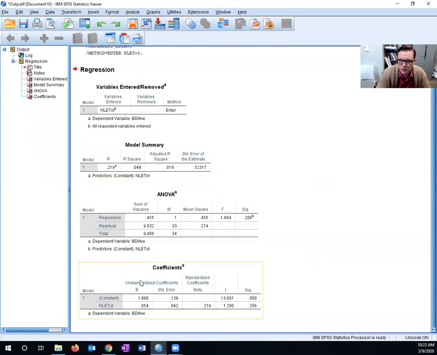We come down here to our coefficients table. The ANOVA table tells us whether or not that's a significant proportion. It's not. All right. The coefficients table tells us specifically